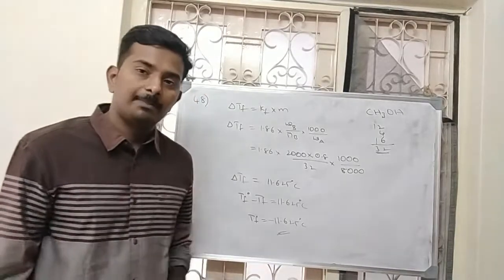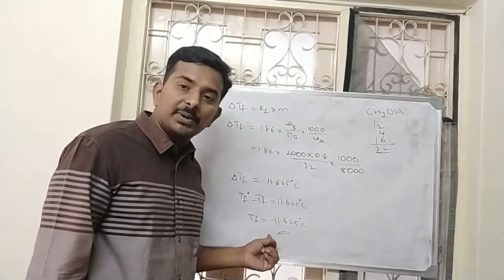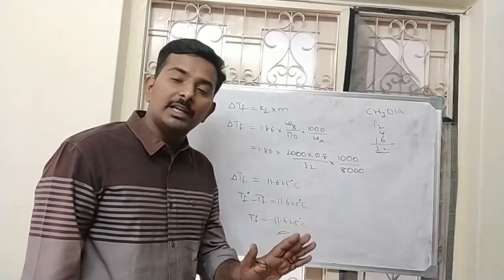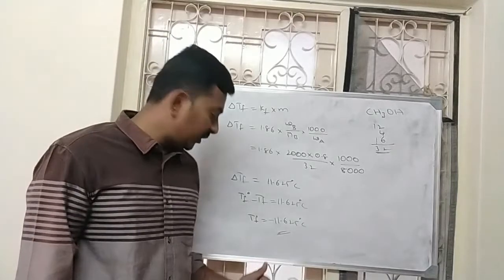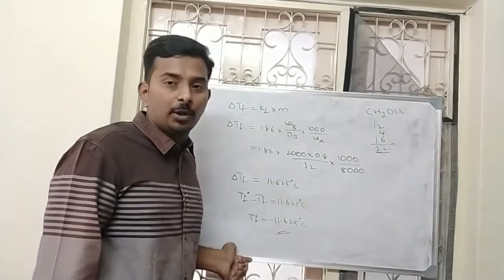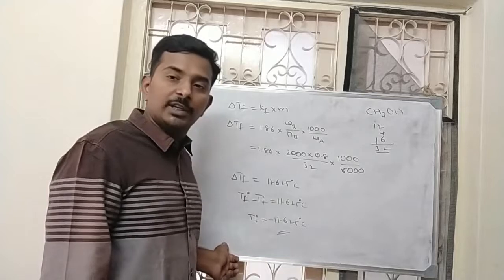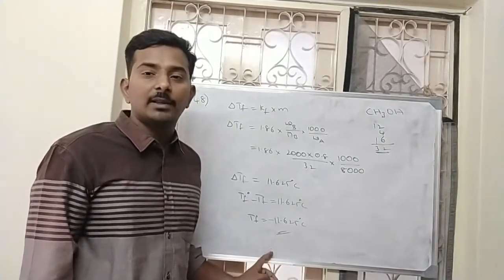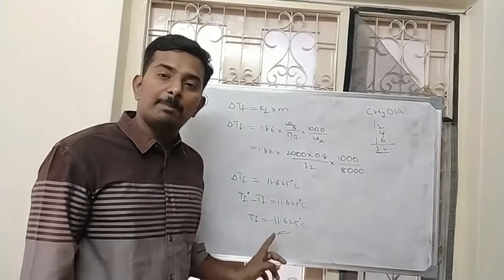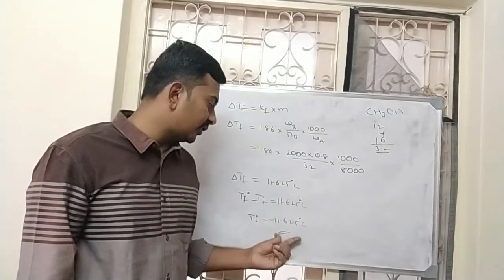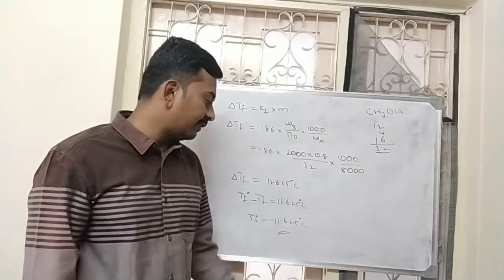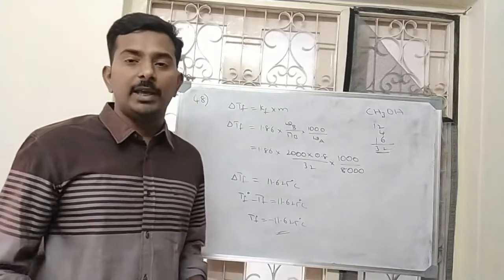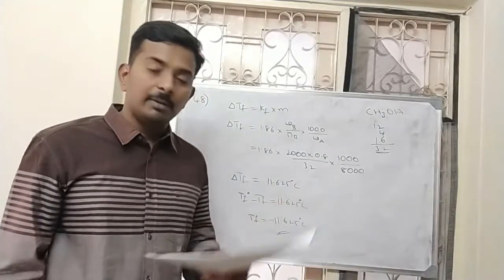That means until the temperature goes below this value, we can happily park the vehicle. Once the temperature comes below this, it will start freezing, and in that case we cannot park the car. So the car can be parked as long as the temperature is more than minus 11.625. Once the temperature comes below this value, freezing will start. So the answer will be option B.